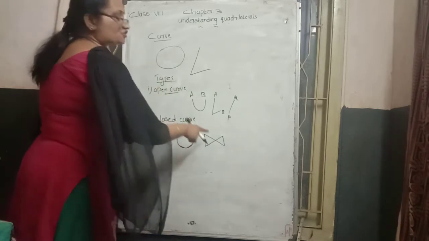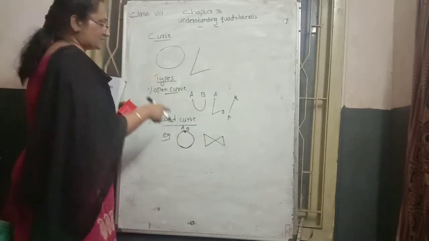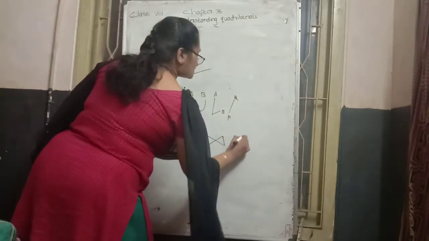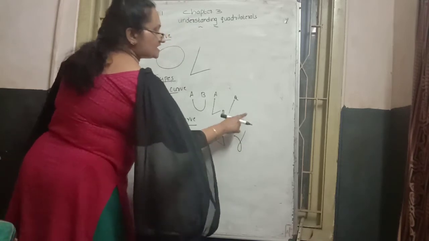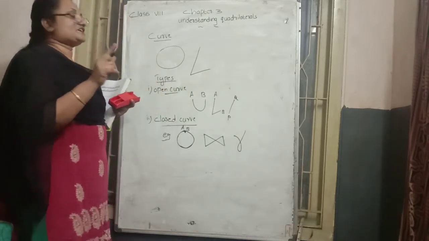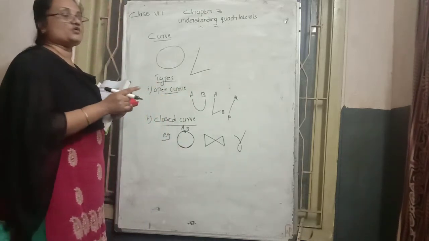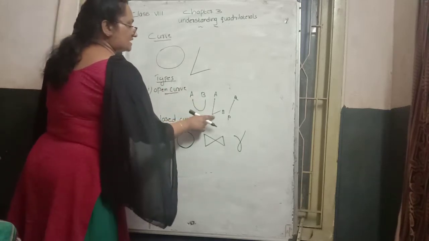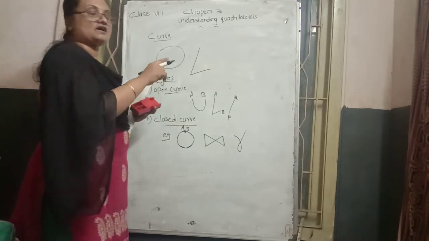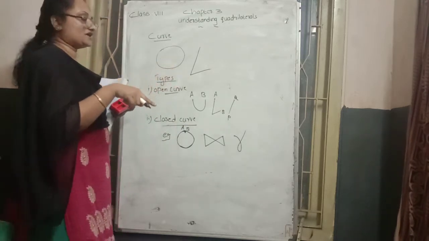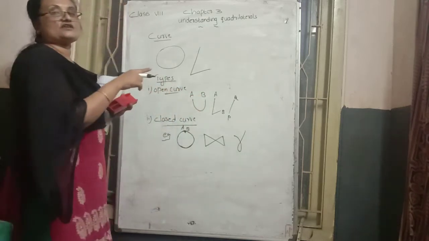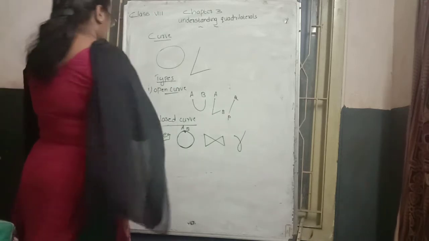That's why this belongs under which category? Closed curve. This is also a closed curve, and this type also belongs here. Why? Because the curve is cutting itself, intersecting itself, passing through itself. That's why this type of figure is known as a closed curve. The first type is the open curve, an example like this. The next one is the closed curve. A closed curve is a curve that cuts or intersects itself. An open curve is a curve which does not cut or intersect itself.